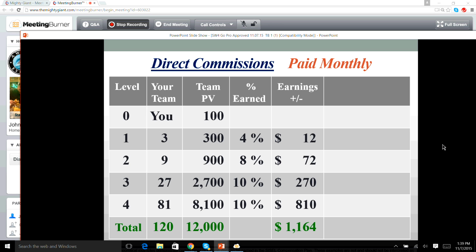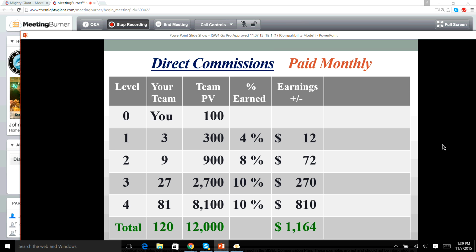But you know what? The plan says 0 to 3 legs, and that's what I'm really excited about, because I built it in 3. I got 2 good teams going right now, and I'm working on my 3rd. Here's what happened. 3 by 3 by 3 by 3, down 4 levels, that's 120 plus you, that's a total of 121. But it's 120 people on your team, everybody's doing 100, that's $12,000 in volume. Just on your overrides, just from your auto ships, you're making $1,164.